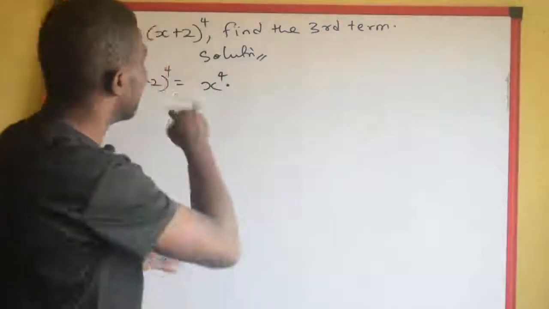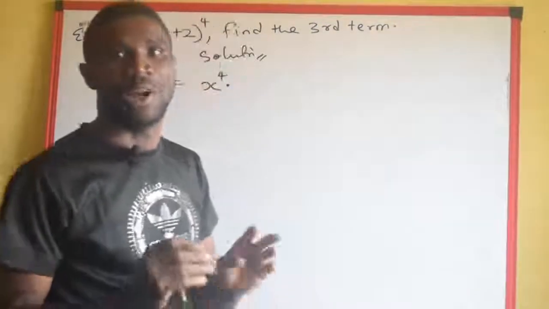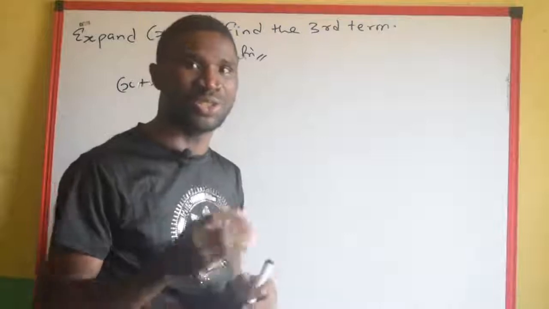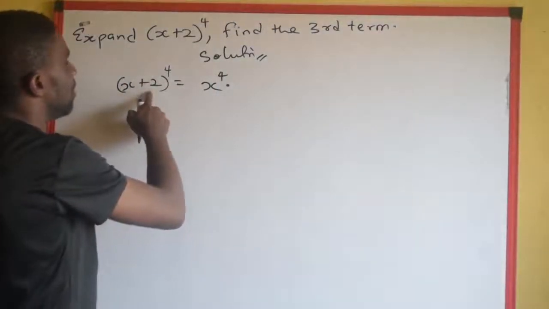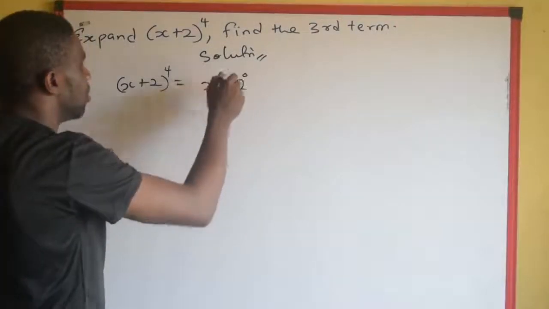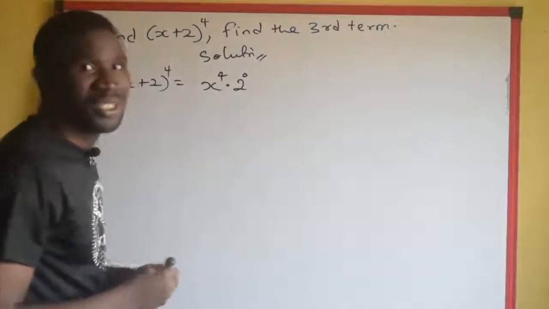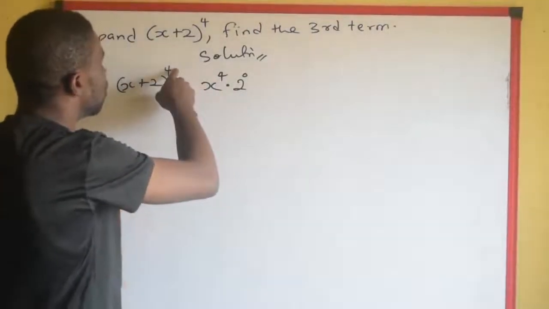I don't want to be using times. If I use times, I could fill up the board. So I'll be using dot. But anywhere you see dot, just know that it represents multiplication. Now the second term here is plus 2, which I can write as 2, raised to the power of 0. The central idea behind it is these two powers, if I add them, it must surely give me the